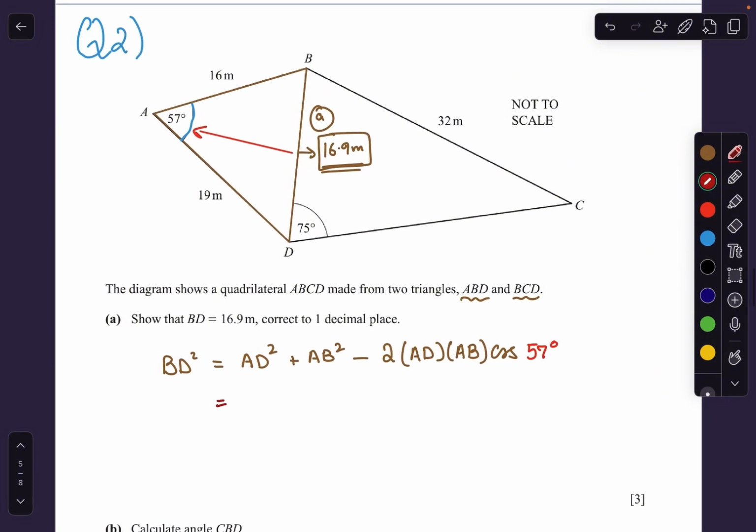To solve this, AD is 19, so 19 squared, adding AB squared, which is 16 squared, subtract 2 times 19 times 16 times cos of 57 degrees. Now you just have to use your calculator and you'll get the answer. So that's 19 squared, add 16 squared, subtract 2 times 19 times 16 times cos of 57 degrees. After solving this whole thing, what we'll get here is